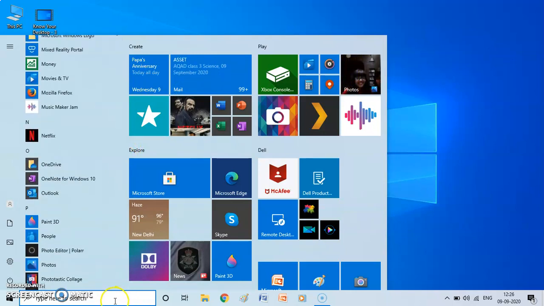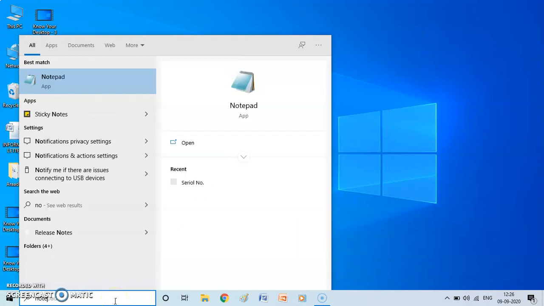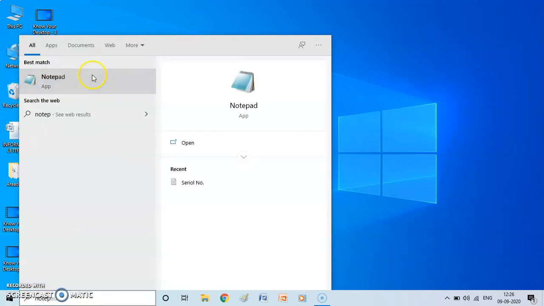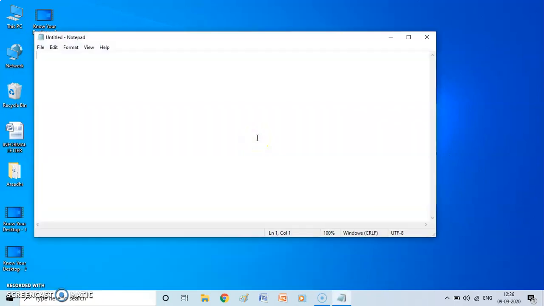I usually prefer this method, that you click on this, type search notepad and you can directly open this notepad. So see, it opened. Now whatever I want to write, Radhi Sharma is the best daughter in the world. Or if I want to write a phone number, 99796, I can quickly write.